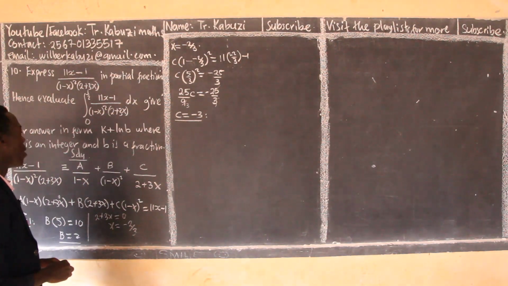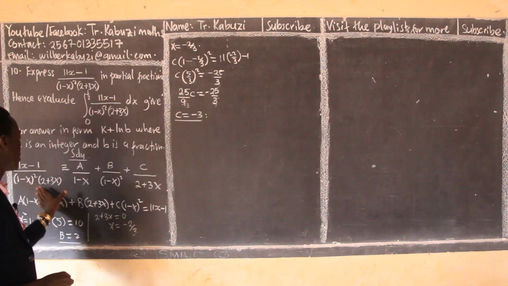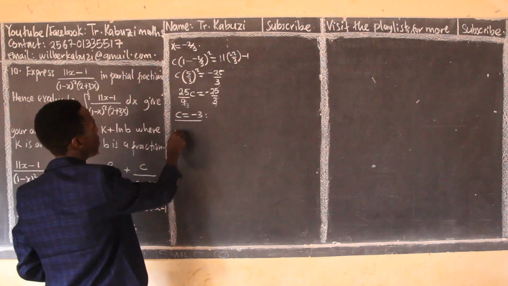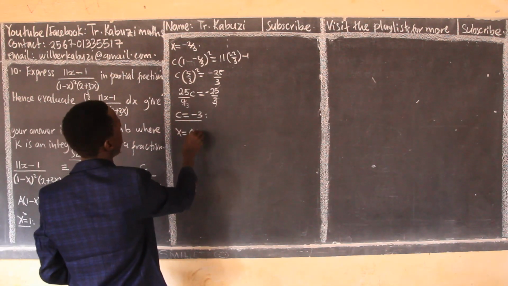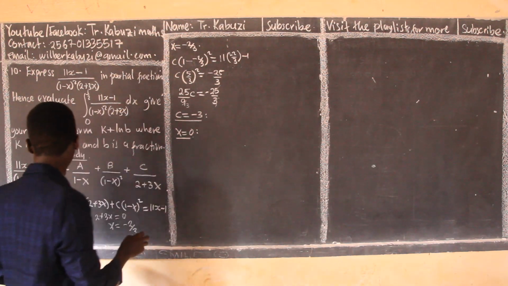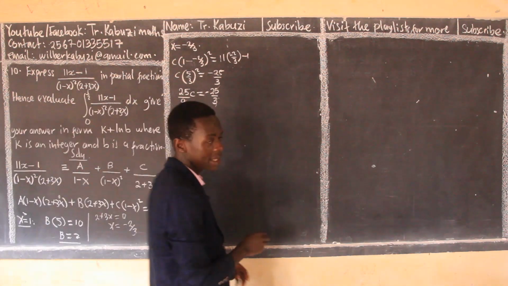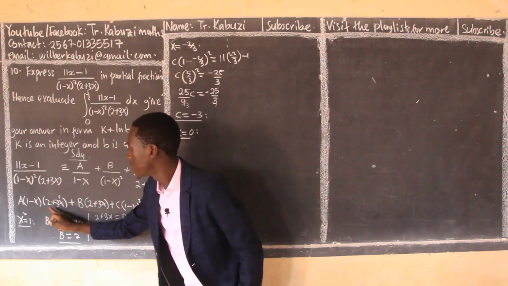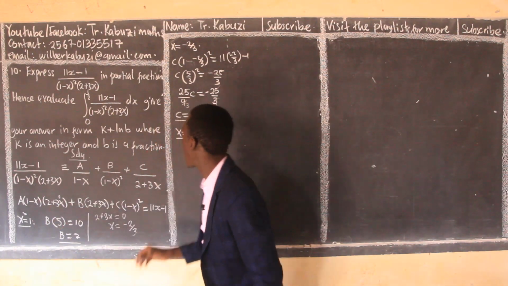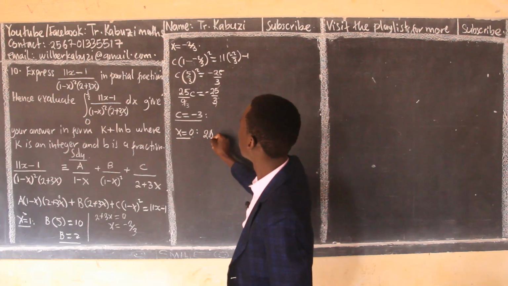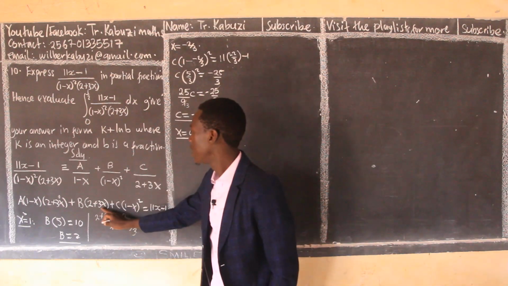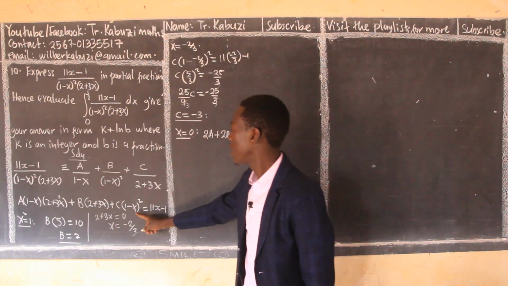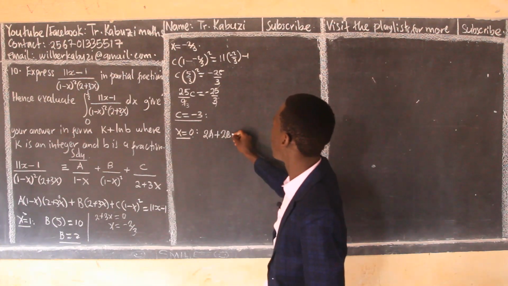Now lastly, we see that we can't set any other bracket to 0, so you can choose the easiest value. For example, when my x is 0, what do I have? From here, when my x is 0, I'll be having this will be 1 times, this will be 0, so I have 2A plus, here I have 2B, then here when my x is 0, I have plus C